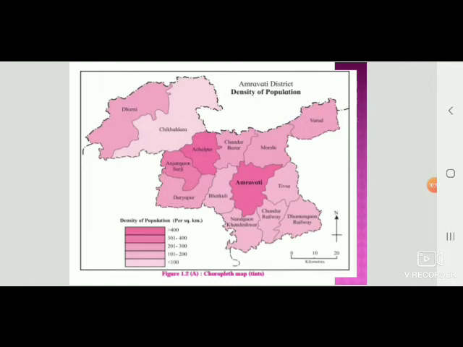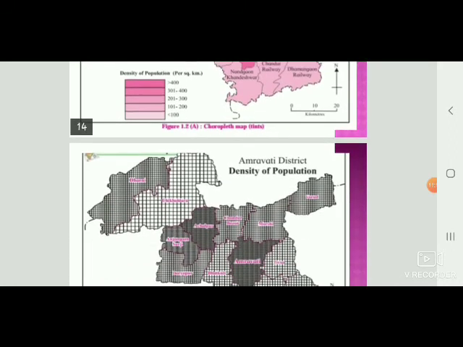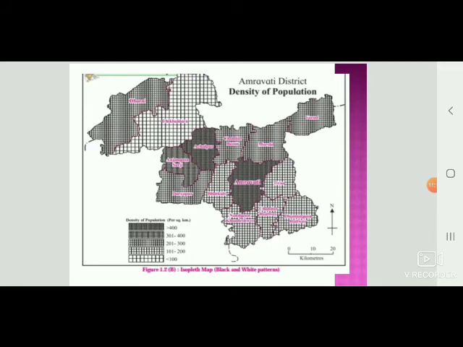So here we can say that Amravati, the place Amravati over here, has a dense population, while there is a sparse population towards the northwestern side of Amravati, that is Chikaldhara. Next, we have the black and white pattern in the form of the choropleth method. The darker shade contains a dense population, while